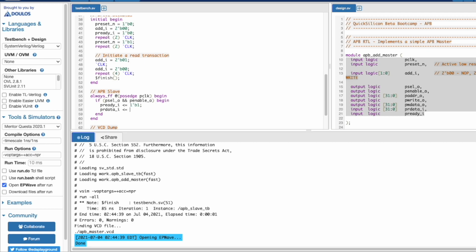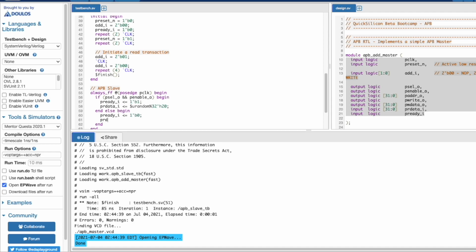So now this would be some random value. Let's assume that this is a certain random value, and this needs to be, okay, some random value between 0 to 29. I think this will not work. Okay. If we did not see PSEL and PENABLE, then we can keep our PREADY signal as low and PRDATA can again be some random value.